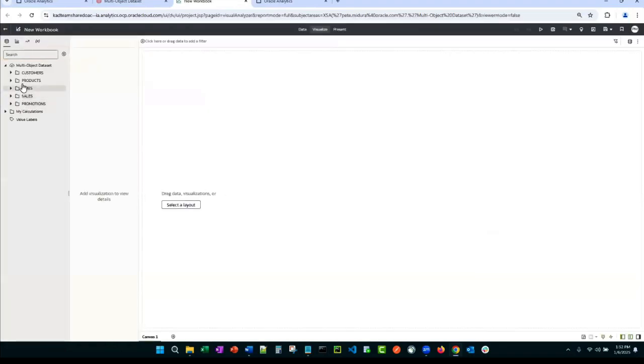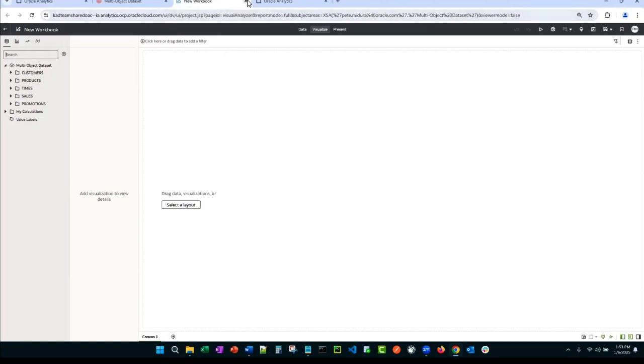And there you go. You have all the different folders, and everything here can be customized from the aliasing to the order. You can hide columns, reorder where the columns land in here. So you have a lot of control over how the user sees their different folders and basically these multi-object data sets.